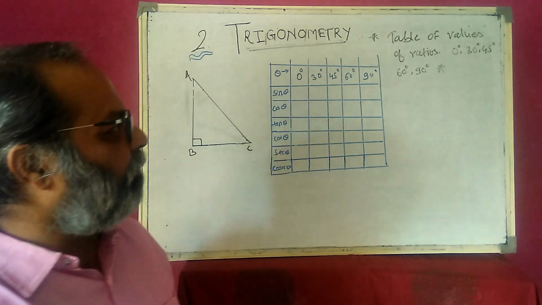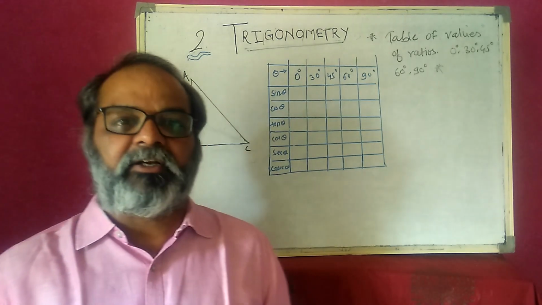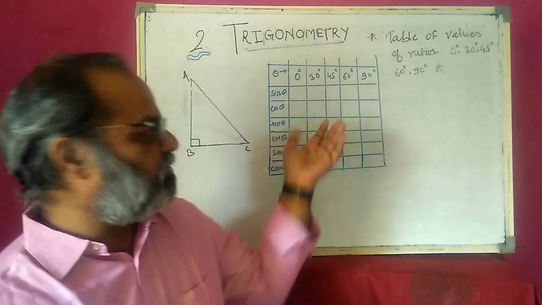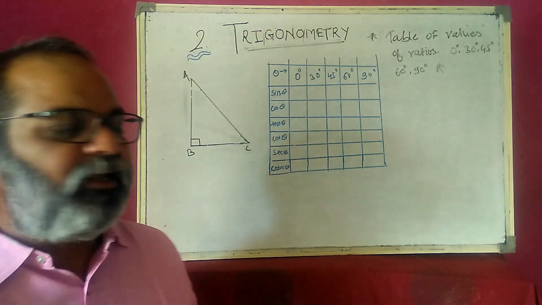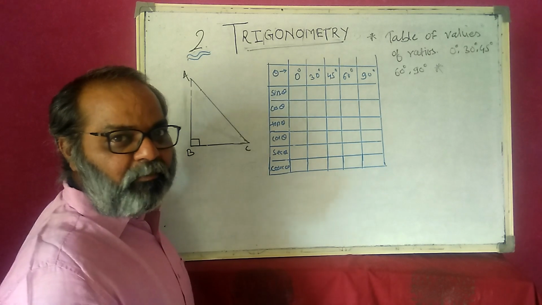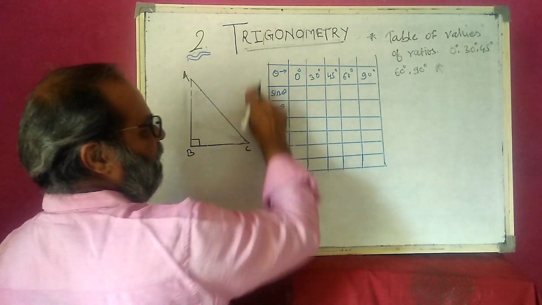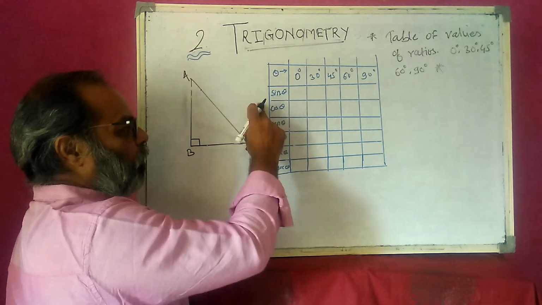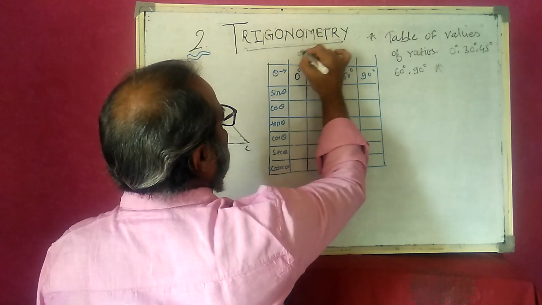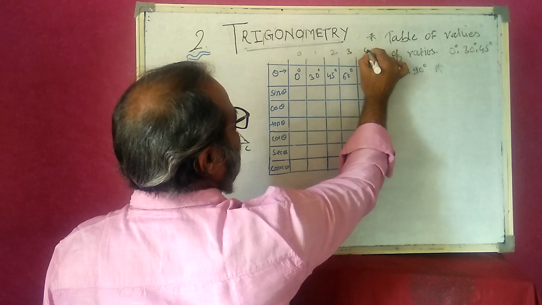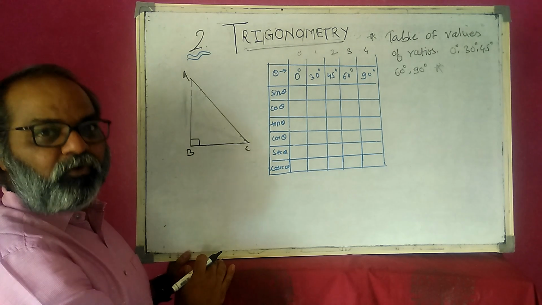So we just have a table of values of ratios for 0 degree, 30 degree, 45, 60 and 90 degree. Okay. It's very easy to remember this chart. There are many tricks available to remember this, or you can find it directly. So I just give you one trick to remember this one. So here is theta: 0, 30, 45, 60, 90, and here are the ratios: sine, cos, tan, cot, sec, cosec. Okay. So I just write here 0, 1, 2, 3, 4. So 0 for 0 degree and go on increasing: 0, 1, 2, 3, 4.